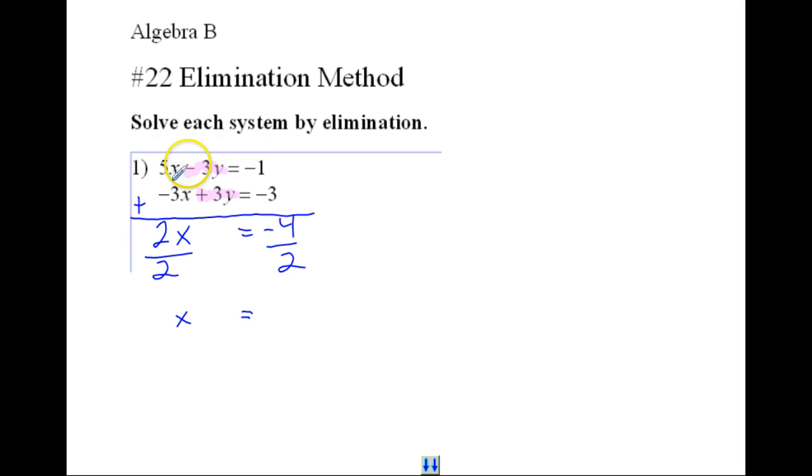So we could graph this. This would be difficult to do with substitution just because there's no easy way to solve for y or x. So it's just another way depending on what problem you're given. So this is still negative 2 for x. You still have to plug it back in just like all the others. You have to plug it back into either one. You'll get the same answer. But if you plug it into the top,